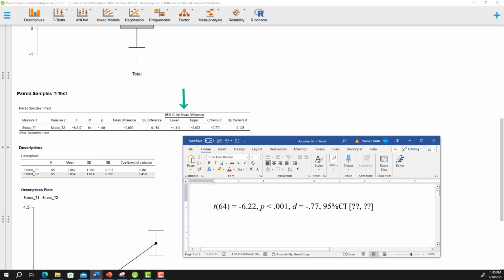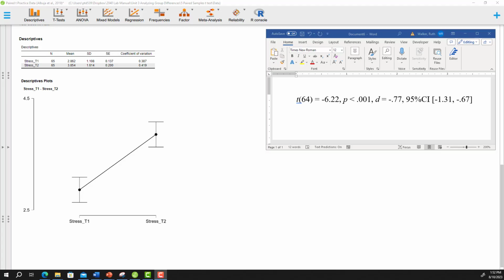And then last is our 95% confidence interval. The first number that goes in these brackets is always going to be the lower bound, the lower number. So negative 1.31 will go here. And then the upper bound, the second number, will always go second. So upper bound here, negative 0.673. We're going to round to 2 decimal places, negative 0.67. So now that we've talked about how to briefly report this in APA format, let's talk about what this